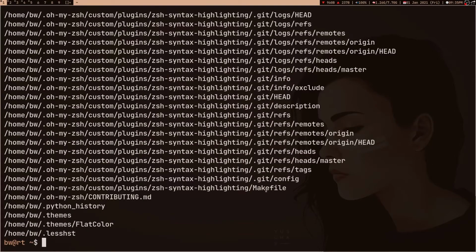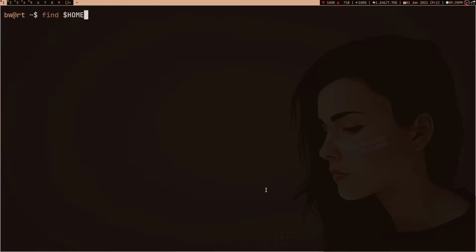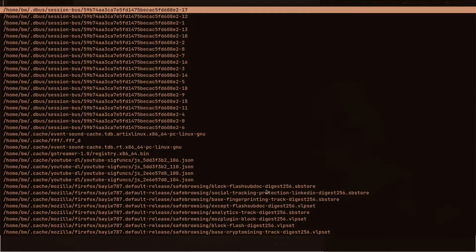So what I can do now is use the find command in my home, and if I press enter, it's going to show me all the files and directories. I can simply pass -type f for only files and not directories, and pipe it into dmenu. If you want, you can use fzf, but I use dmenu on my system, so I'm using dmenu. And if you use Rofi, you can use that. I'm going to pass -i for ignore case and -l for the length because I'm going to get the list view here. I can pass a number like 35 entries, and if I press enter, it's going to show me all the files I have in my computer.